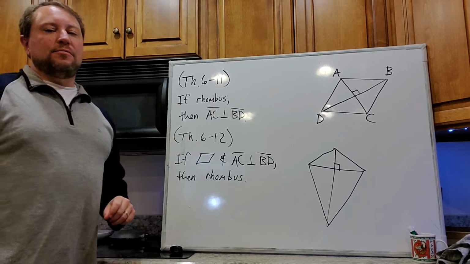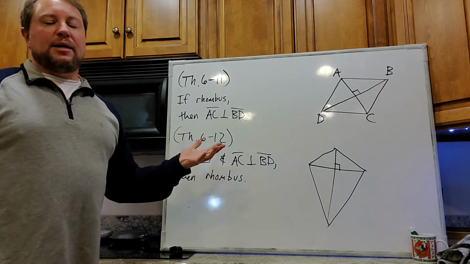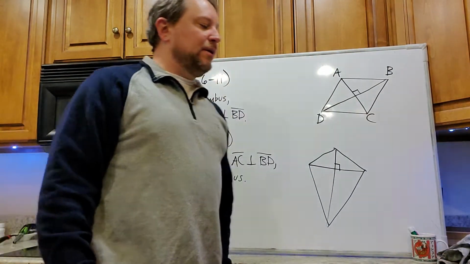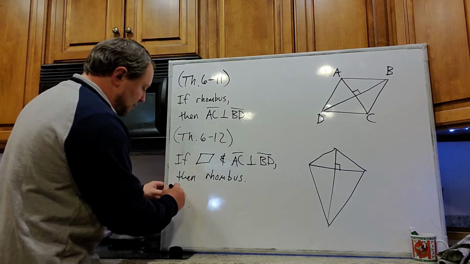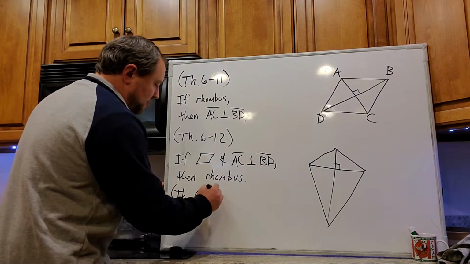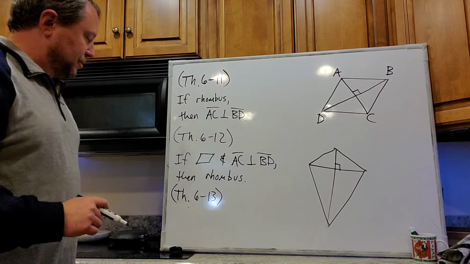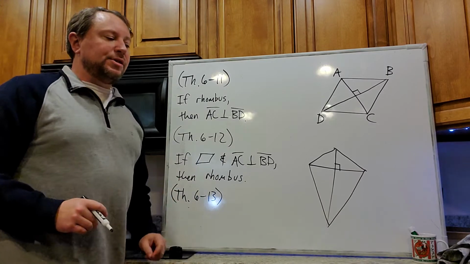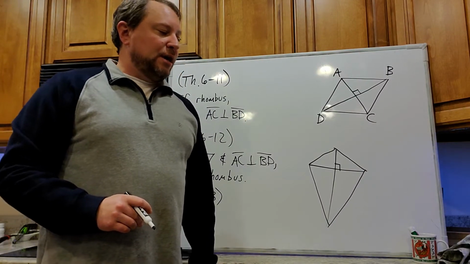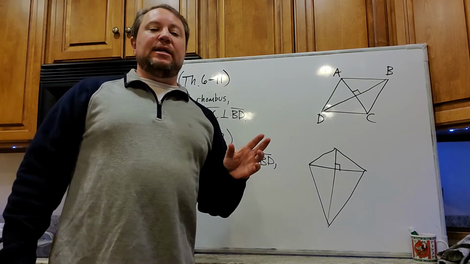Okay, so that's theorem 6.12. And again, these two are really just the converse of one another. Okay, there is another theorem, theorem 6.13, that also applies to rhombi, rhombuses. And theorem 6.13 states that each of the diagonals of a rhombus bisects the pairs